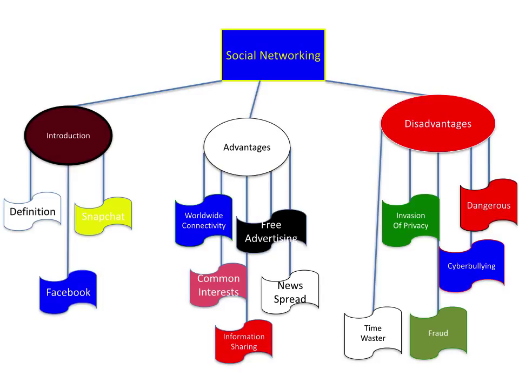And then under advantages, I have five subtopics underneath it. And so the first one is worldwide connectivity, and I have it blue with a green border, and that basically represents the Earth. That's the worldwide connectivity all over the Earth. The second one, I have common interest, and the color I represent here is a pink color, and that represents Pinterest, which is a type of site that a lot of people use to share common ideas on different type of projects that they do. Very common,